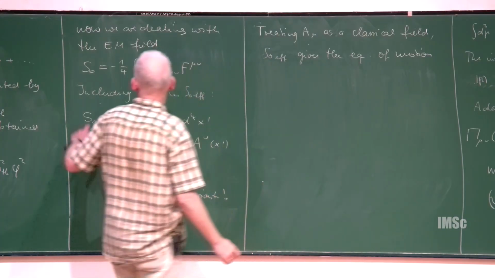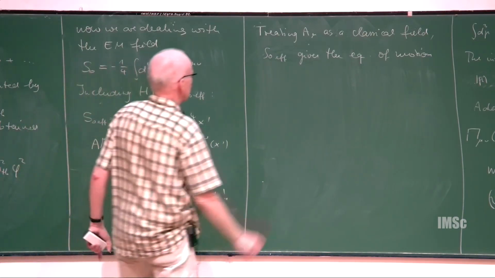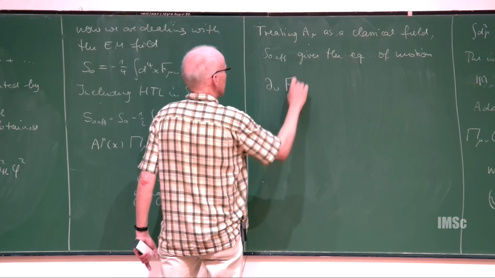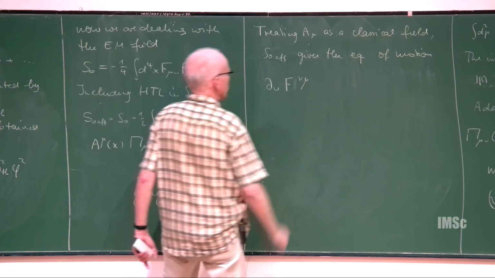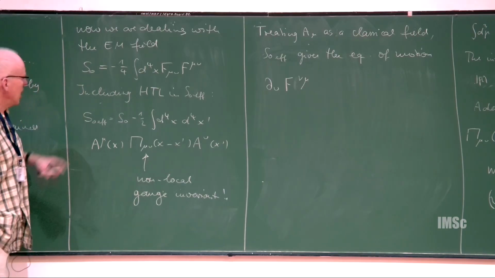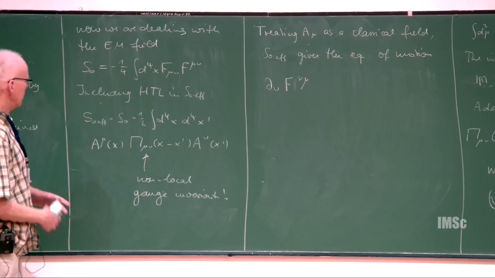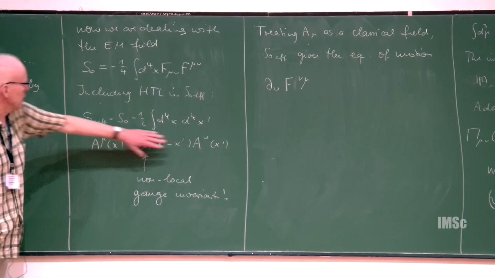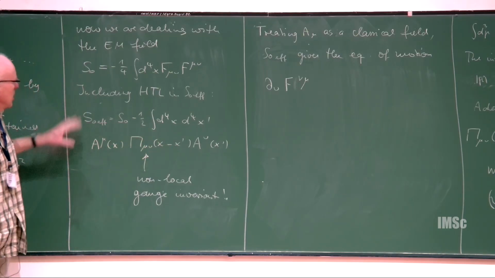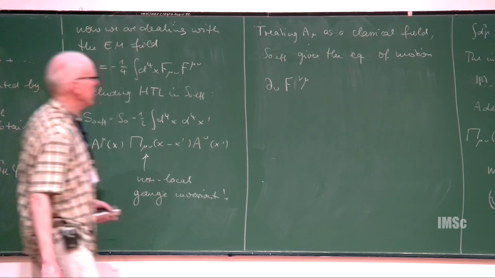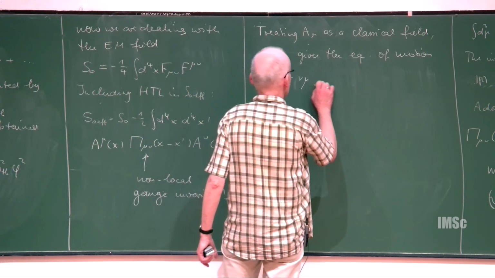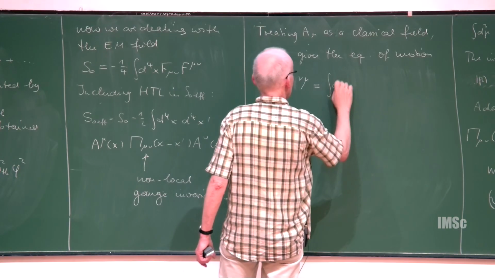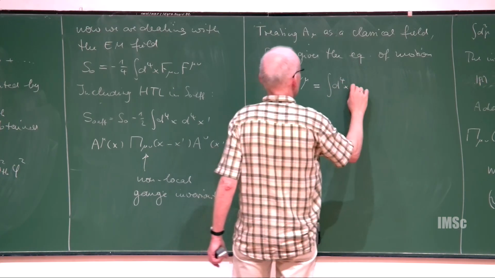By varying this part here, we get the usual d nu F nu mu. And by varying this part here, we basically take away one of the A's. We can take away both, so the 1/2 is cancelled, and what is left is still a single integral, an integral d4 x prime,